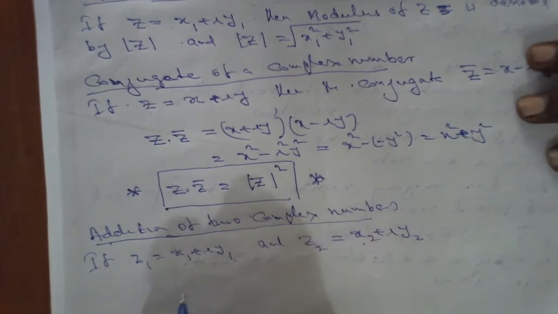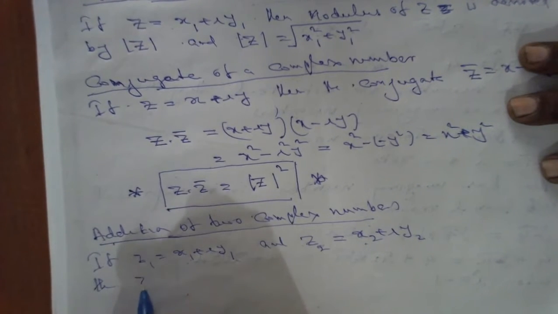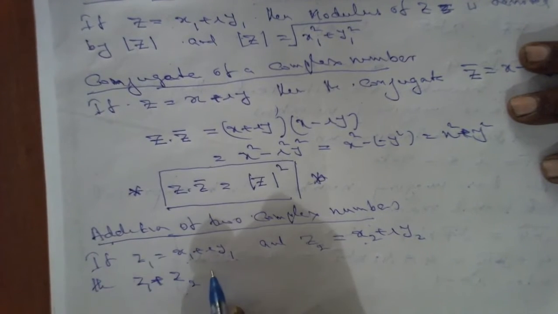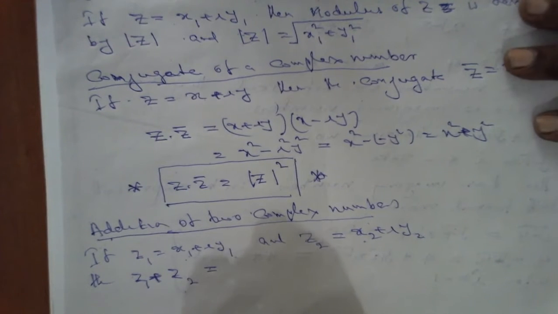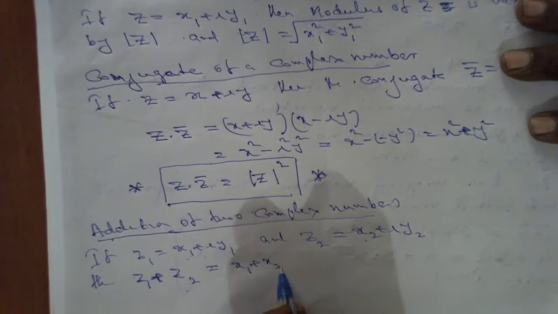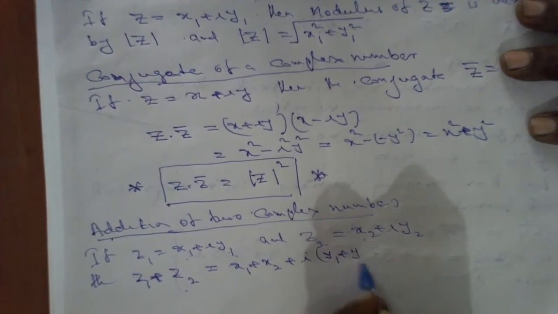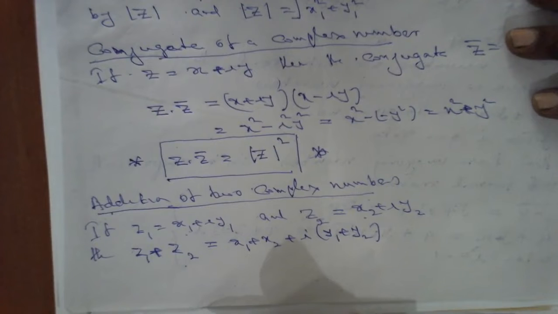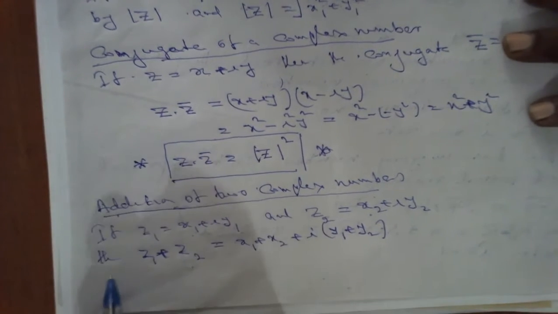Okay, sir. Right? Then how to define it? Then what is C1 plus C2? C1 plus C2 is obtained by adding real parts separately and imaginary parts separately. Then x1 plus x2 plus i times y1 plus y2, right? Like this. Example,